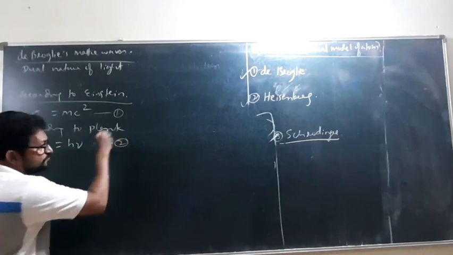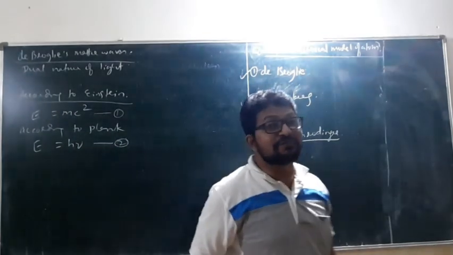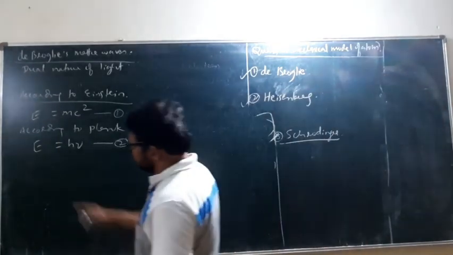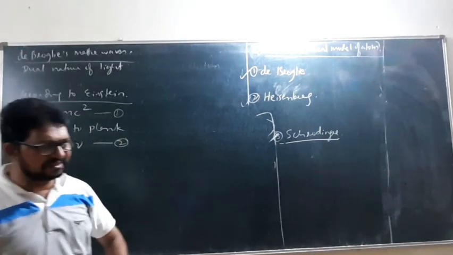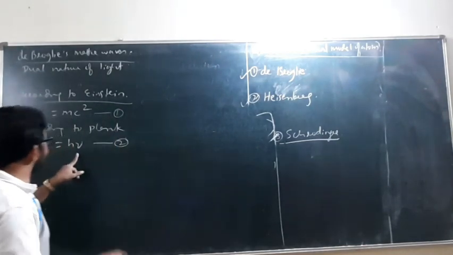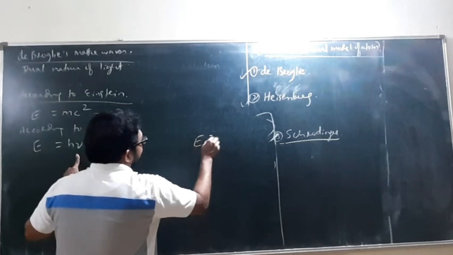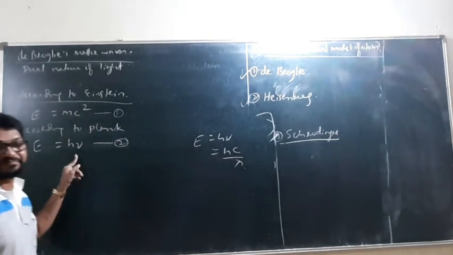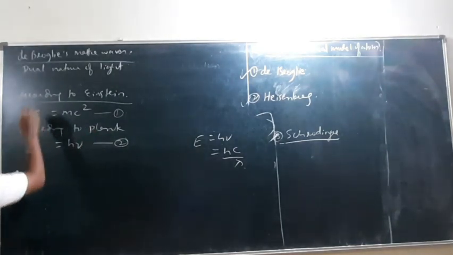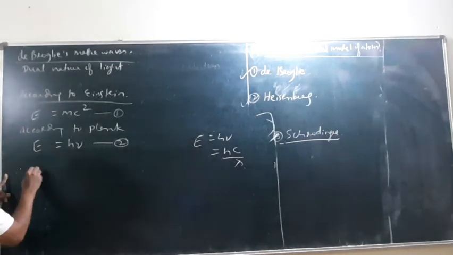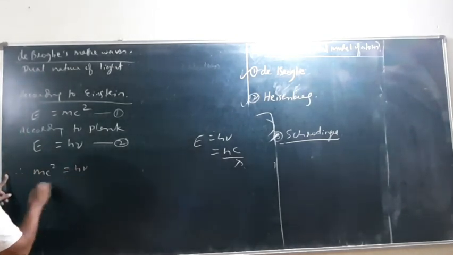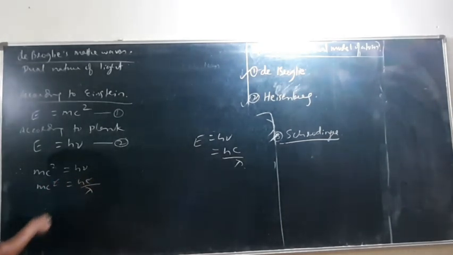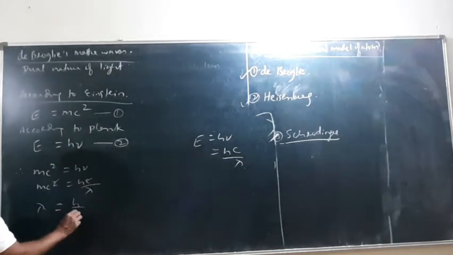This is equation 2. Yes or no? Because nu is the frequency, and frequency is for radiation. So this is definitely a discontinuous emission. Particle nature we say, but there is a wavelength, because E equal to h nu can be written as hc by lambda, since nu equal to c by lambda. Do you agree? So equation 1 and equation 2 you club. Therefore mc square equal to h nu, mc square equal to hc by lambda. See what is happening? One c gets cancelled. I bring lambda here, h upon m into c.